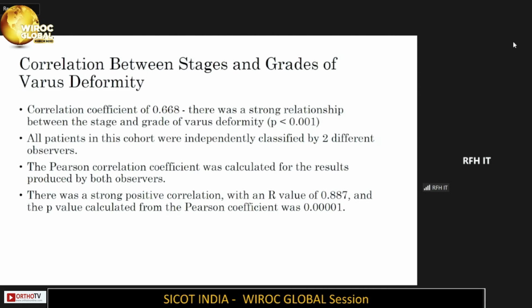For the correlation between the stages and grades of varus deformity, we found a correlation coefficient of 0.668. That was a strong correlation between the stage and grade of varus deformity. All patients in this cohort were independently classified by 2 different observers. There was a strong positive correlation with an R value of 0.887 and the P value calculated from Pearson's coefficient was